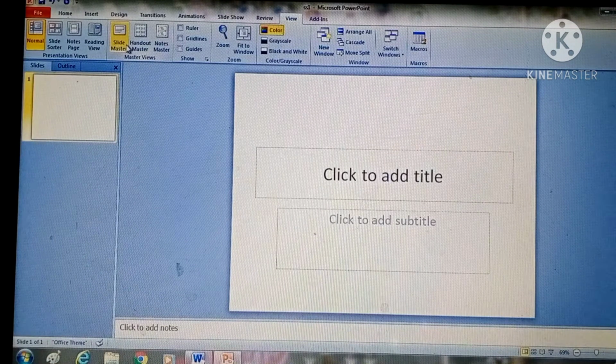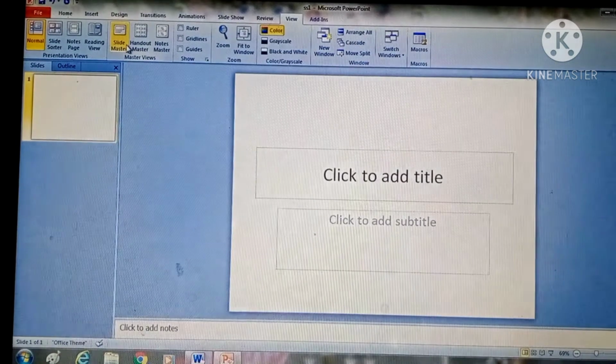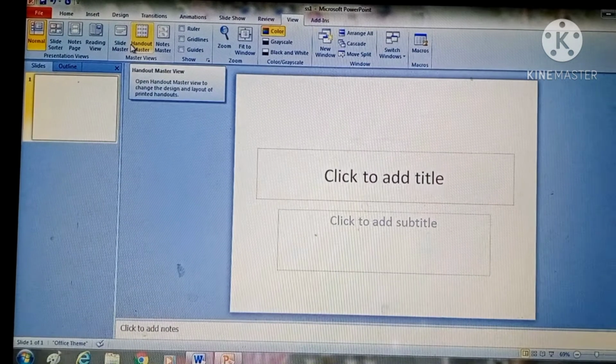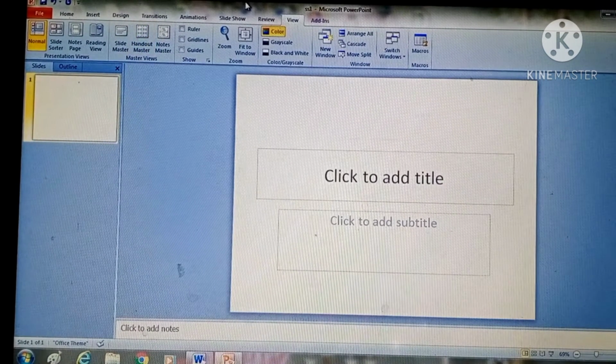Yes, dear students, welcome to the practical session of this chapter. Today I will tell you how we can create customized layouts. Last week I told you what the slide master is and how you can use it. And today I will tell you how you can change the layout of the slide master that is already built into PowerPoint. For customizing your slide master layout, you have to go